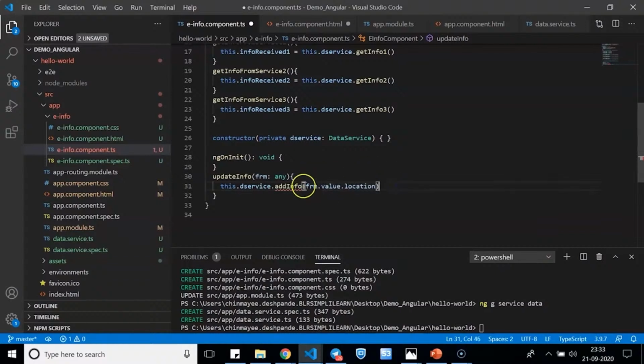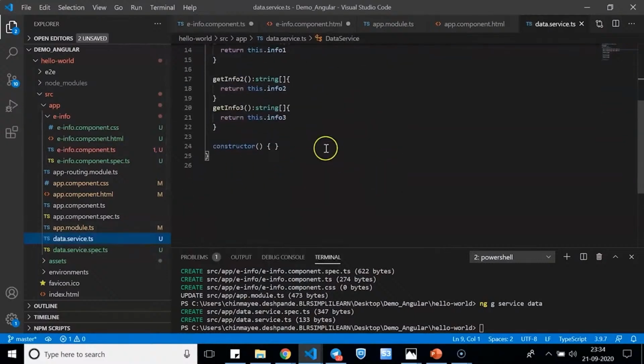All right. So now what happens is that I'll have to again specify what add info is. And this method is going to be defined in the service file, correct? So here I'm going to create another method that's add info,